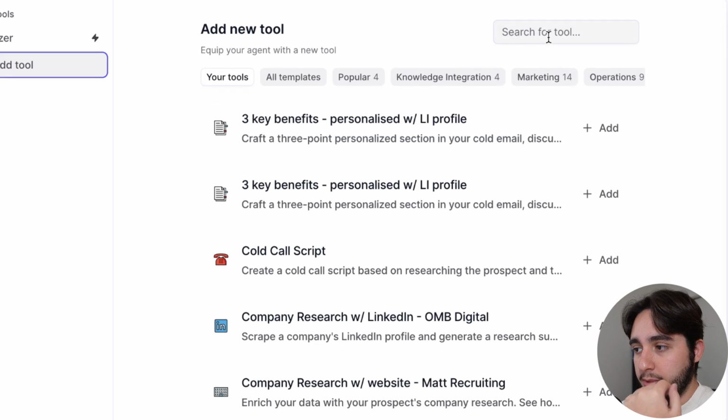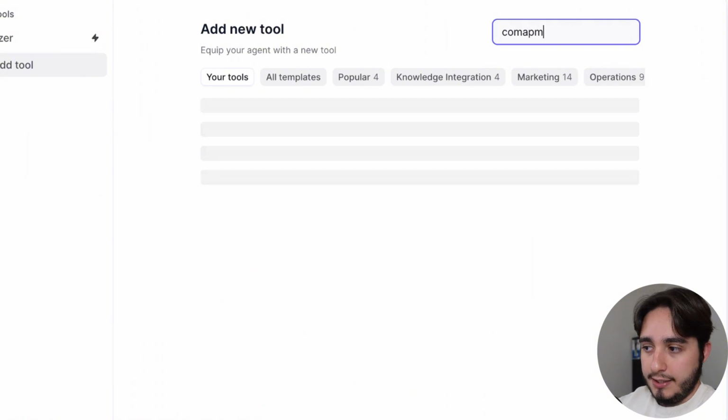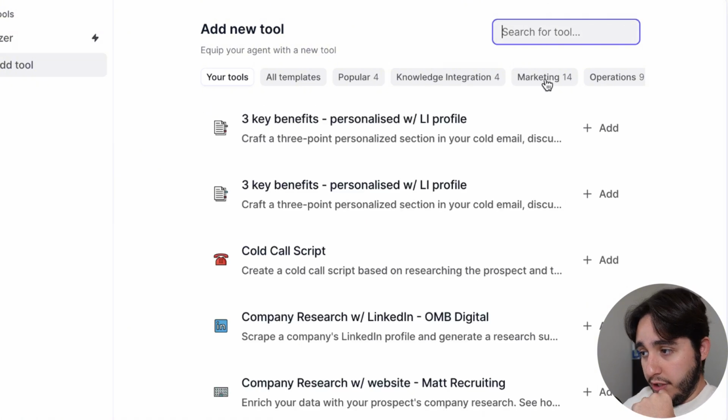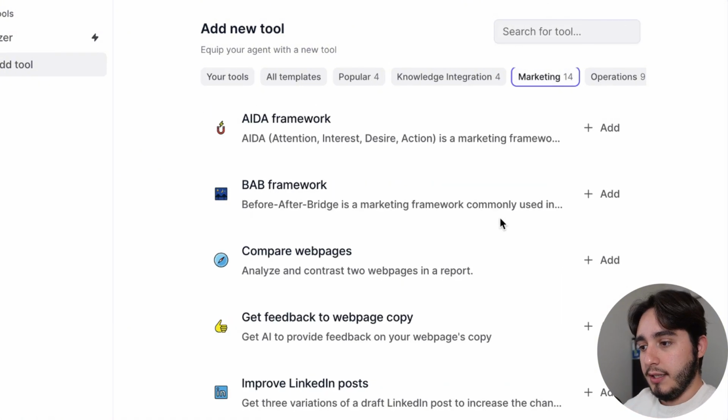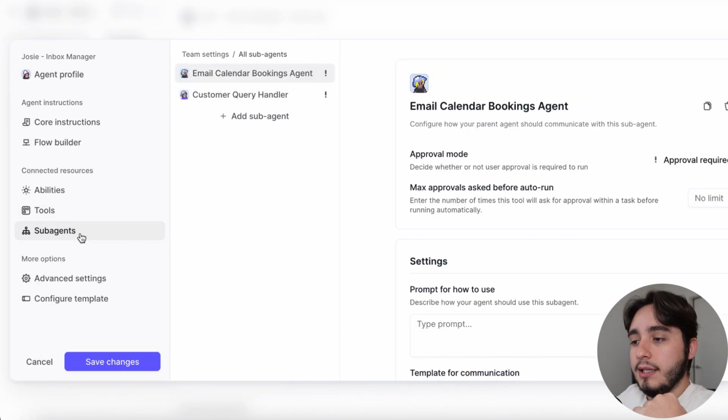And usually I filter by the company that I'm helping. So I just search the company over here and I get the tools that I've been working with. You can also just use Relevance's templates that they have ready to go, and you can pick them from here as well. But let's move on to the sub-agents portion of things,